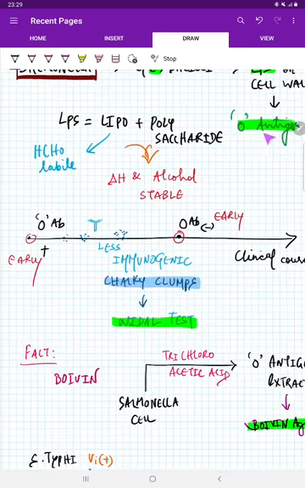Now we know this antigen is obviously pathogenic to the human body. Whenever the antigen comes and the infection sets in the human, the antibody for O is produced. But remember, O antigen is less immunogenic. This less immunogenic antigen produces the O antibody. This O antibody appears very early and disappears very early, and that is its importance: if you see O antibody in a patient with suspected typhoid, it means it is an early infection. That's one important thing. To identify this O antibody, we do the Widal test.